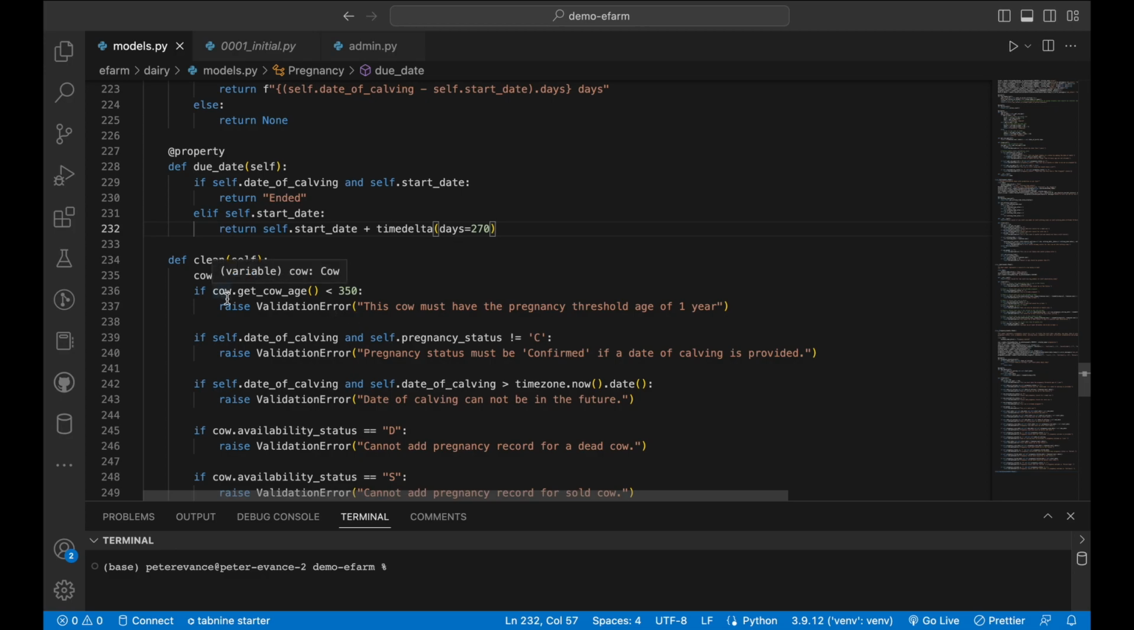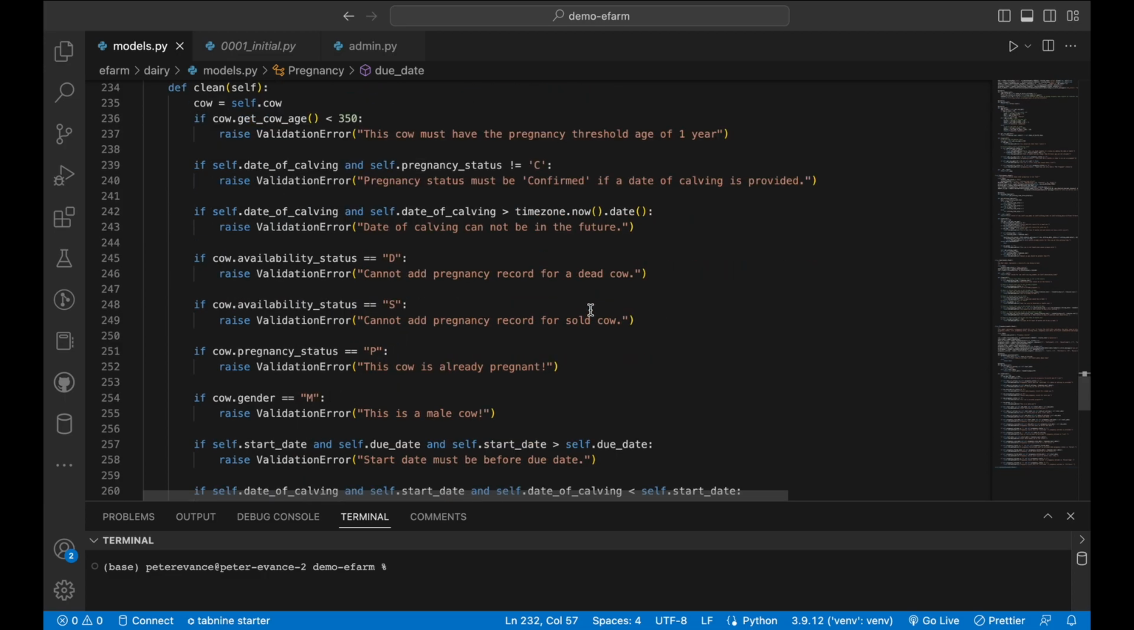As you may remember in the previous tutorial, we had this function getCowAge that returns the age of the cow in days, and so it checks a single month has around 30 days or so. So if you multiply by 350, roughly 350 equates to 1 year, and so if this one is violated, meaning that if the cow is less than 350 days old, it will raise this validation error. This cow must have pregnancy threshold of 1 year,